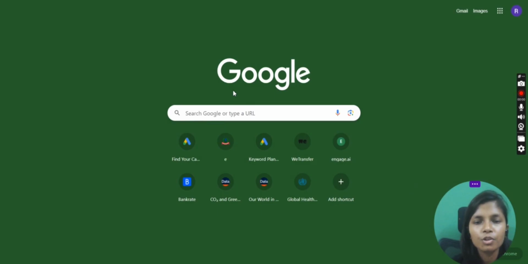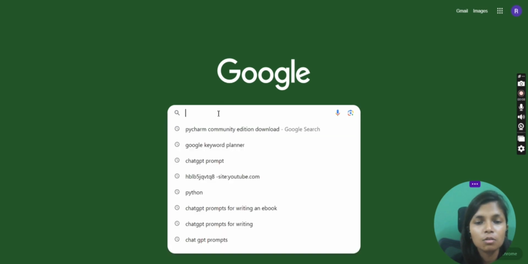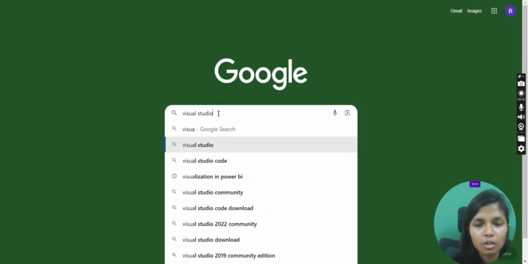I'll show you today how to install Visual Studio Code. If you want to start your programming journey, then you can download Visual Studio Code, which is very helpful for doing programming. So what you need to do is go onto Google and search for